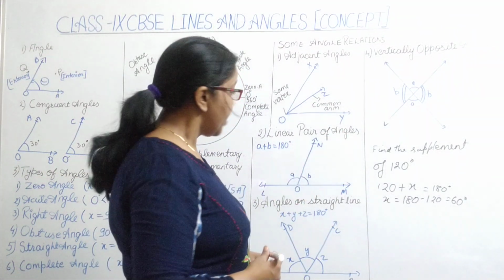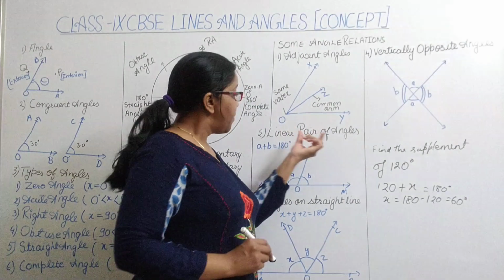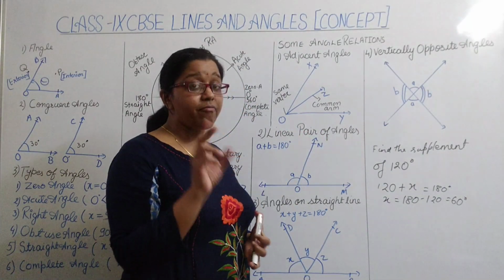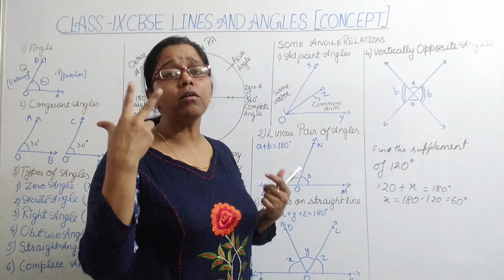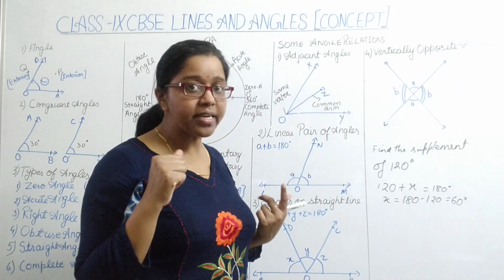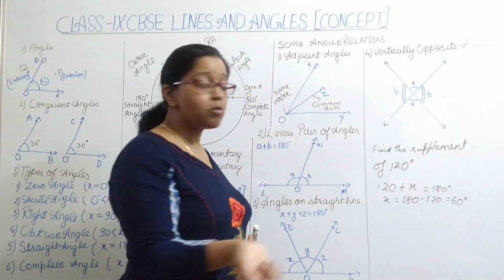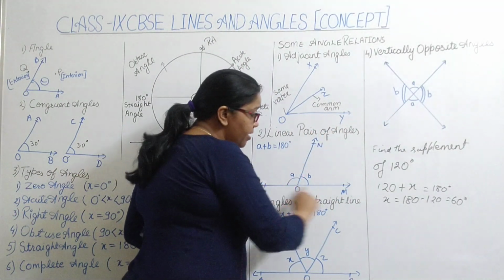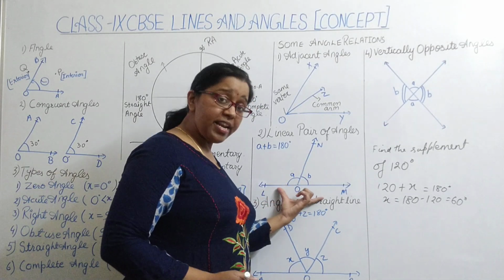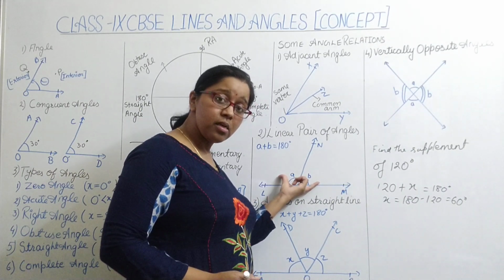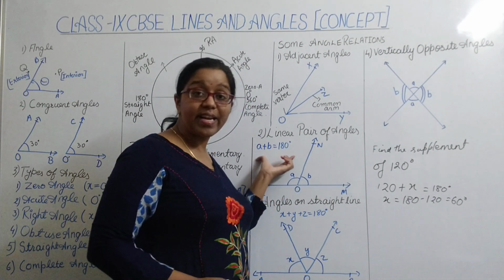Now the next is linear pair of angles, very important. Linear means a line. Pair of angles: we always consider a pair as a group of two, isn't it? So if I am talking about a pair of angles, it means two angles on a line, and a line shows a straight angle. It means if on a line we have two angles through a ray, then the sum of those two angles will be equal to 180 degrees.